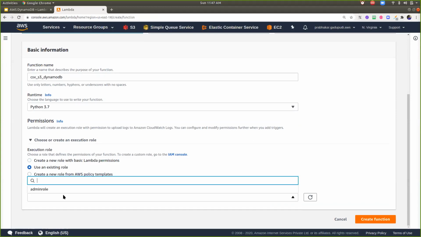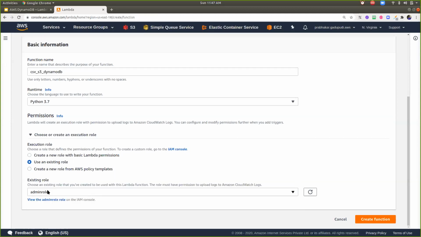That's why I have created a role called admin role, which has full access. But from your side, you can make sure to use only DynamoDB admin-level permissions and S3 read permissions. Okay, so now go ahead and save the changes.